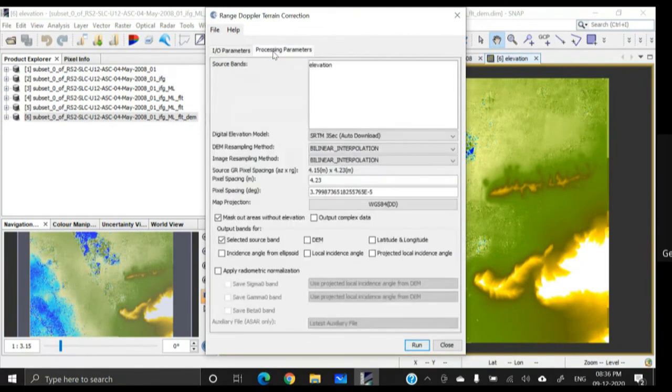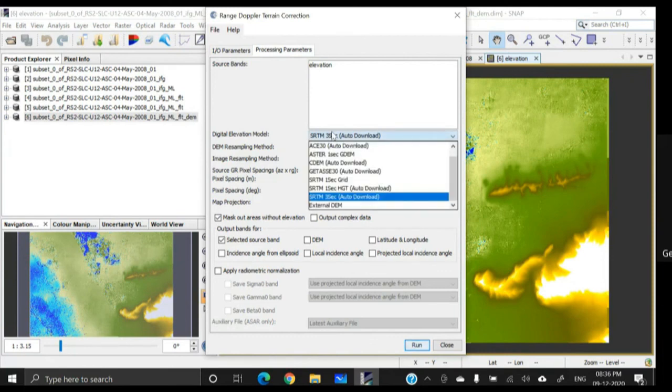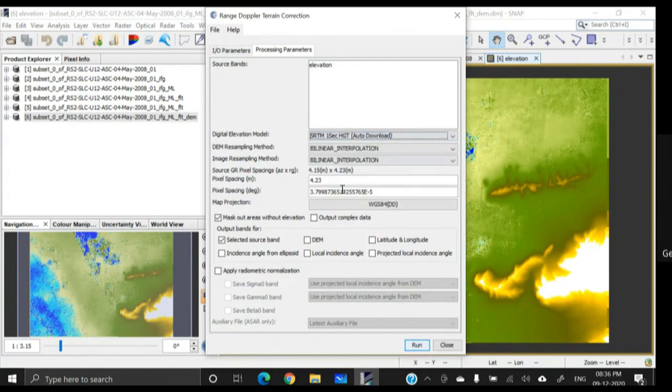Then in the processing parameters, source band, which one will be geo-corrected? The elevation. Then where will it get the digital elevation model to correct this data from? Select this one: SRTM 1 arc second HGT auto download. Leave all these parameters as they are. Don't change anything. But here, mask out areas without elevation: where we do not have the elevation, the area would be masked, but we do not want to mask any area, so uncheck this one.